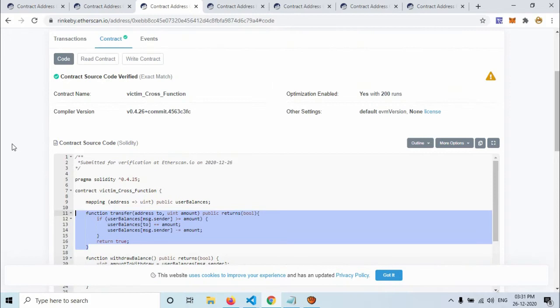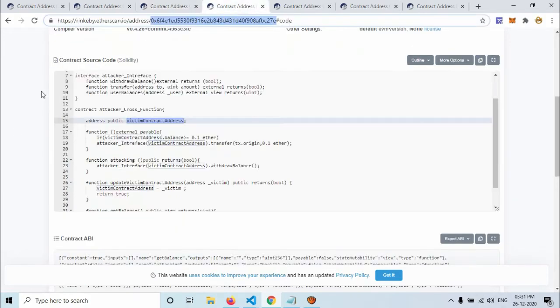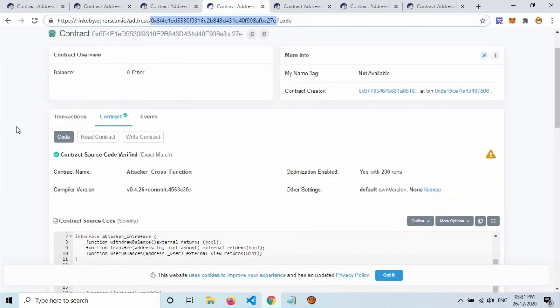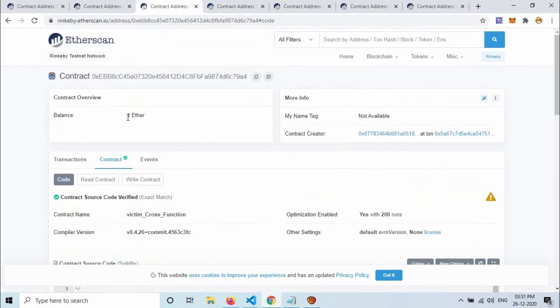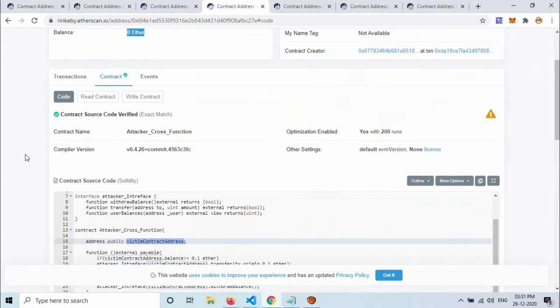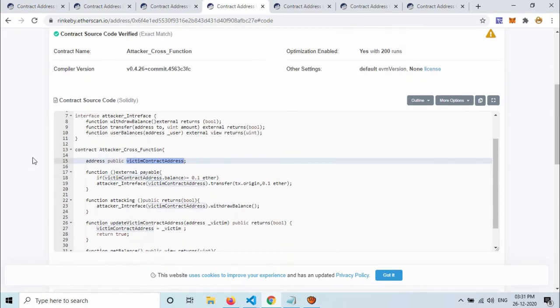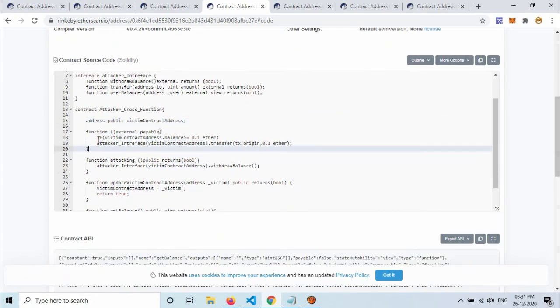Now let us try to attack. The balance of attacker is 0 ether and balance of victim is 1 ether. Now calling the function, what will happen? When this contract receives the ether, it will check whether the balance of victim is more than 0 ether or not.